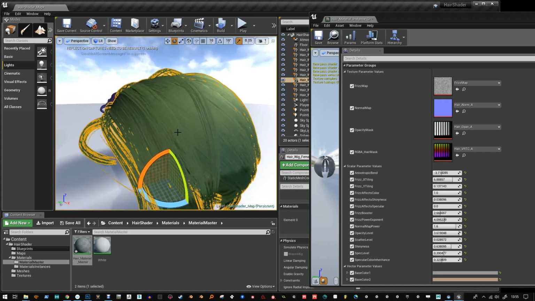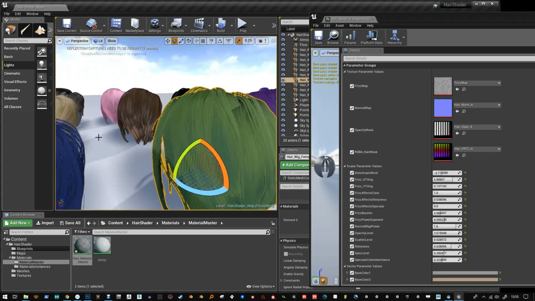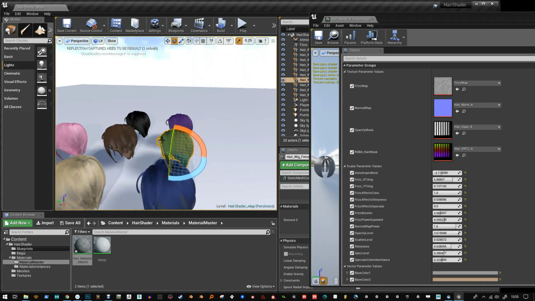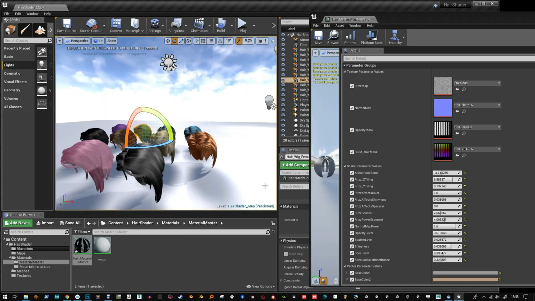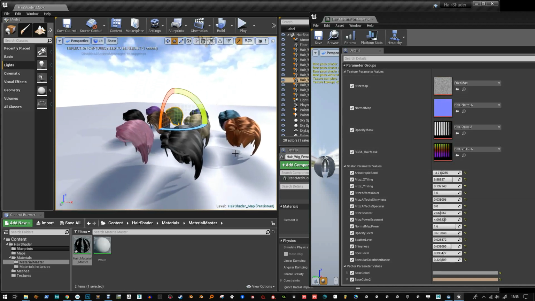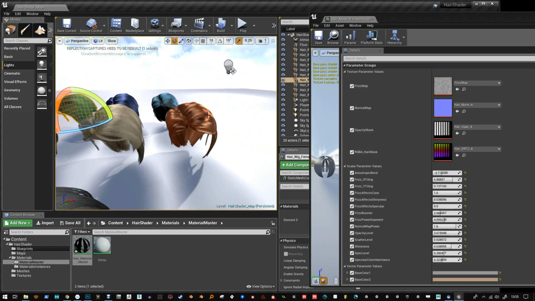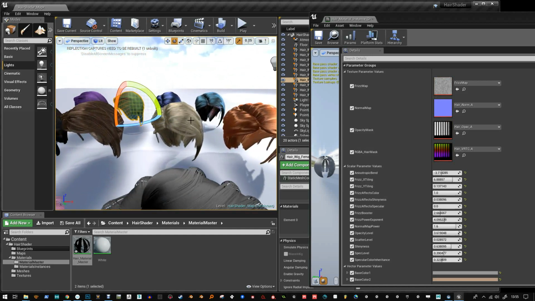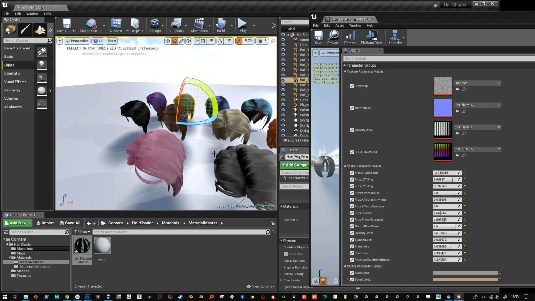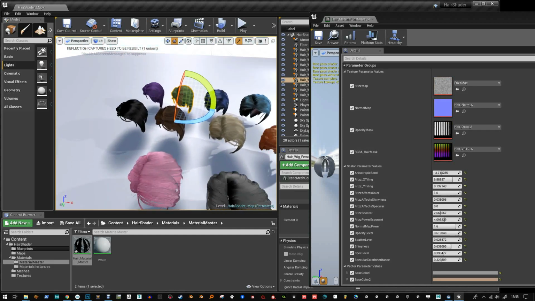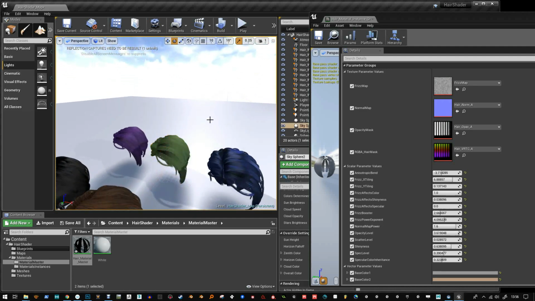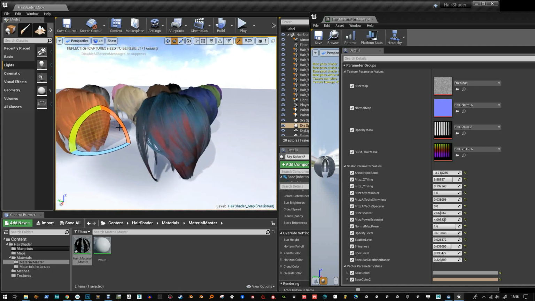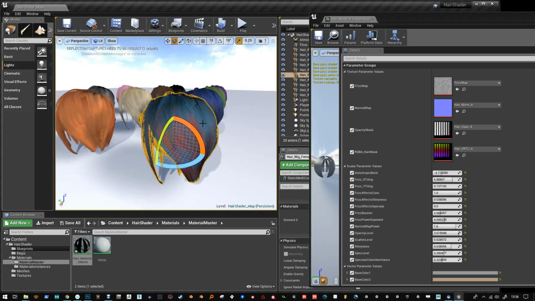Maybe the screen here is a little too dry, but it gives you the option, so you can branch off any one of these setups if you like, how shiny it looks. Just make a copy of the material, load in your own textures, and then you can just fine tune the controls. So I'll try to give a broad range of looks here, from really shiny, a bit more frizzed up, and pastel tones with a good bit of frizz, nice dark hair, dry looking hair, and this one's a bit more stylized with the tip being a different colour,